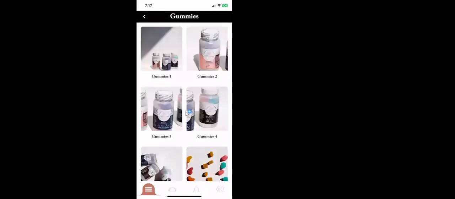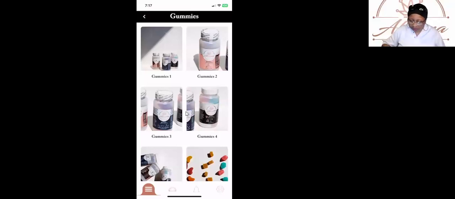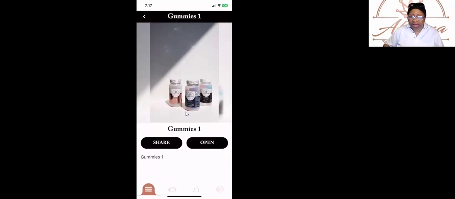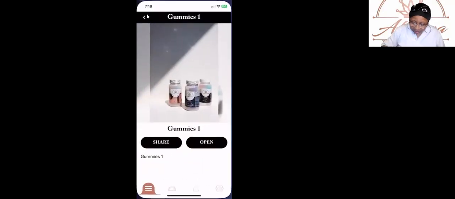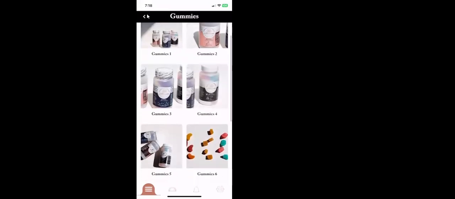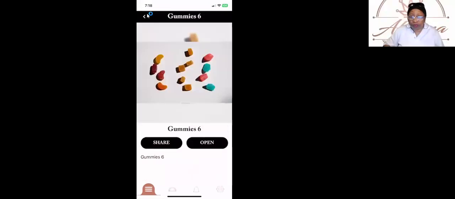And I'm going to see all of these beautiful photographs that our CJ has taken. My God, the quality is just exceptional. If I press any one of them, I can look at it. If I click open, it shows me in a larger size. And then how do I get back to where I was? There's that little bitty writing up there at the top, Akanna Lifestyle. Back. All these different gummies, even showing you what the individual gummies look like.